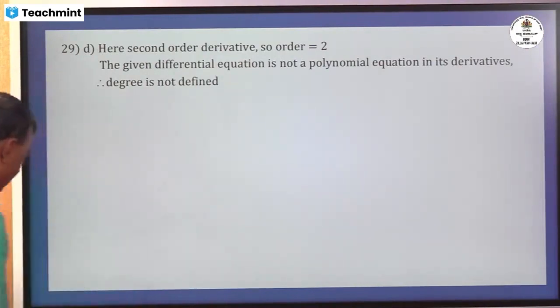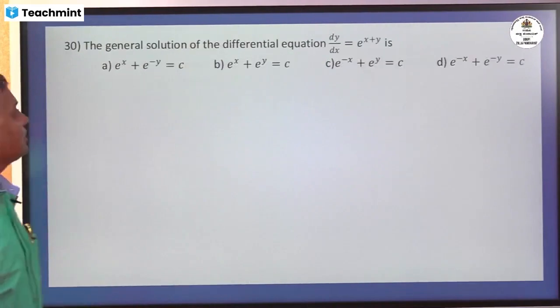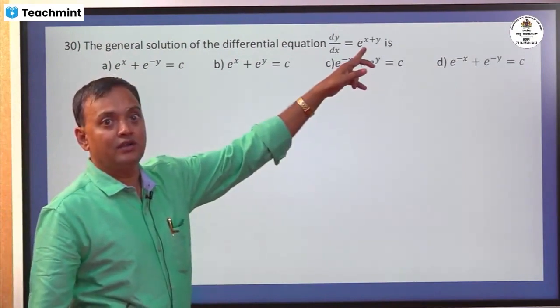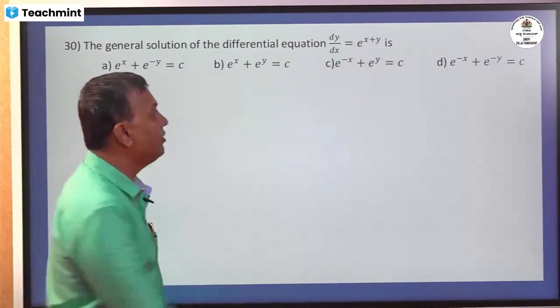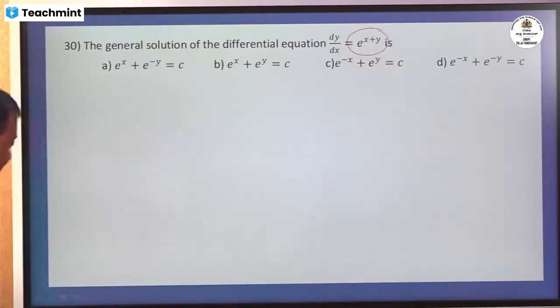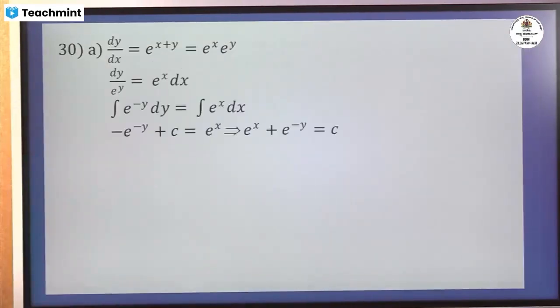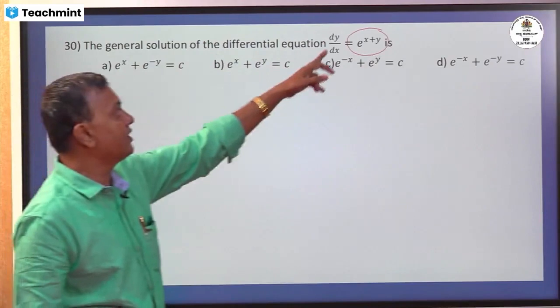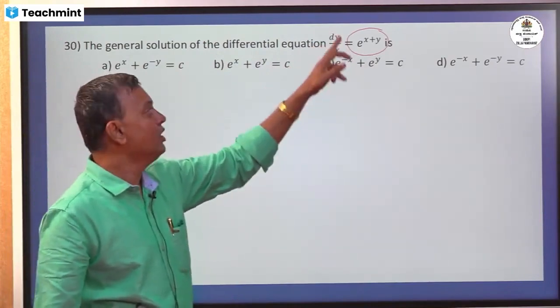Next question, the general solution of the differential equation. Very simple question. Variable separable form ತಗೊಂಡು ಹೋಗಬೇಕು. ಇಲ್ಲಿ e power x plus y, by indices law e power x plus y can be written as, correct? So ಈಗ ಇಲ್ಲಿ ನೋಡಿ ಏನದು ಪ್ರಾಬ್ಲಮ್, general solution of the differential equation dy by dx is equal to e power